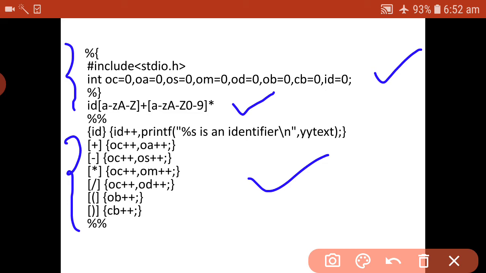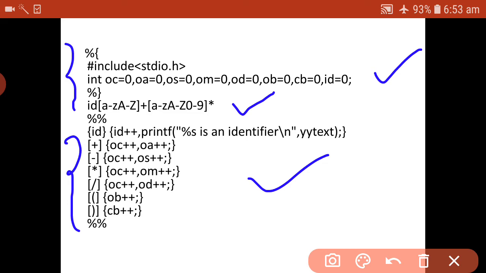Suppose I enter an expression, and after entering it you get more identifiers. First it displays identifier 1, and if one more identifier is there in that program, the value is automatically incremented with the help of id plus plus. It then prints the identifiers with the help of yytext. yytext is the text that matches the pattern stored in the variables. Whatever variables we have taken, all of them are stored in yytext.